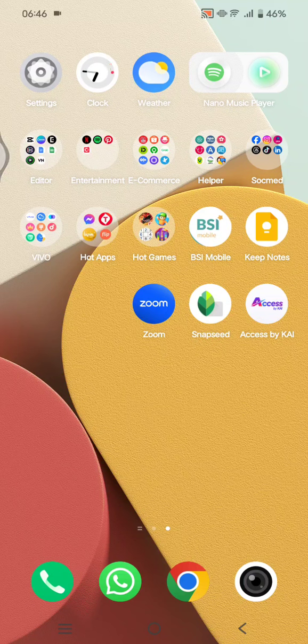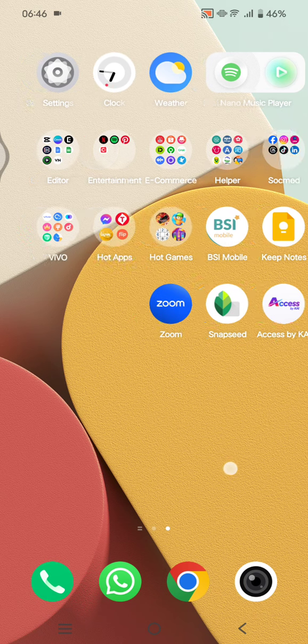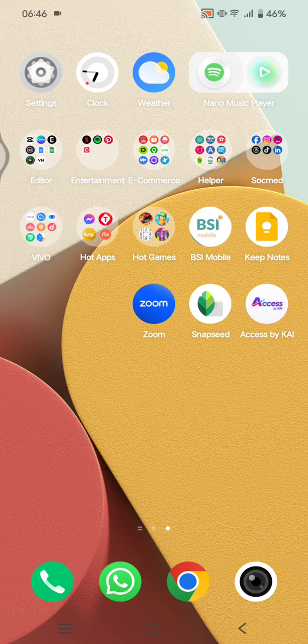On today's tutorial, I'm going to show you how you can turn off the text prediction in Gboard keyboard. So if you are using Gboard on your phone and you want to turn off the text prediction, here's how you can do it. First, you can just open any message or any app with the keyboard